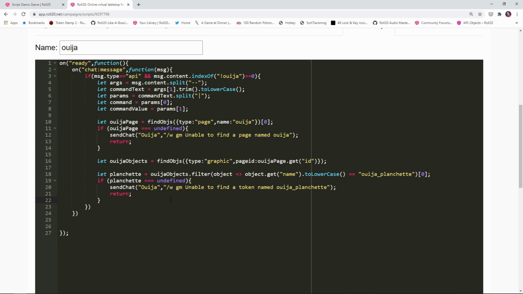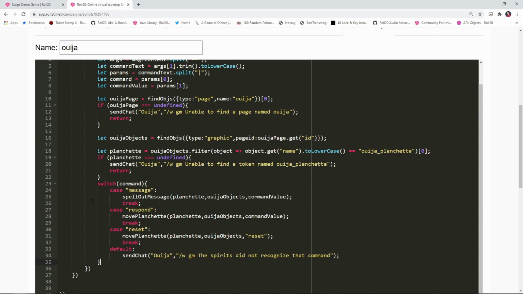Now it's time to actually do something. We want to actually spell out a message or say yes or no or whatever it is. So what we're going to do next is put in a switch command. And the switch command is going to look like this. And basically what this is going to do is say, depending on what was typed for the command, do something different. So if the text that was typed for command is message, then we're going to call a helper function here called spell out message, and we're going to pass in the planchette, the Ouija objects, and whatever text that